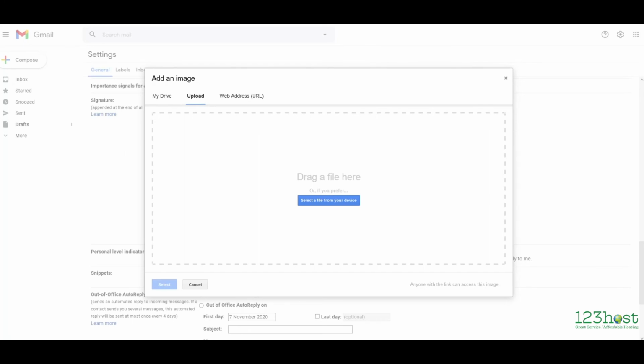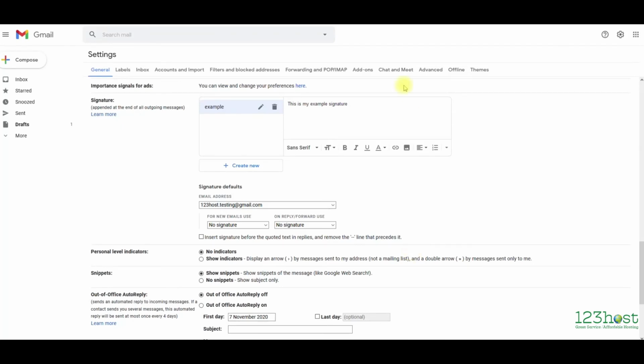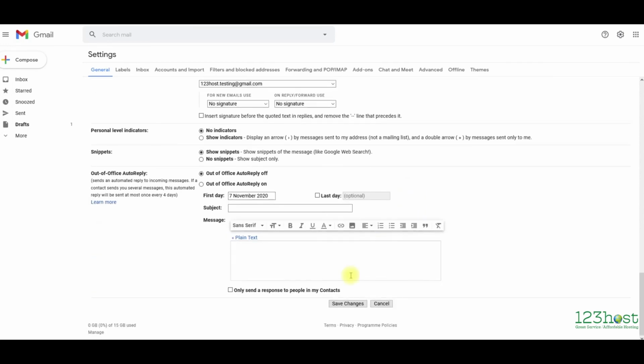Getting a little bit complicated here, trying to keep it fairly simple, but anyway, I'm going to add an image just so that you can see. There it is. Upload that image. Right, and there it is. I can make it small. I can do anything. Right, so now I'll save that